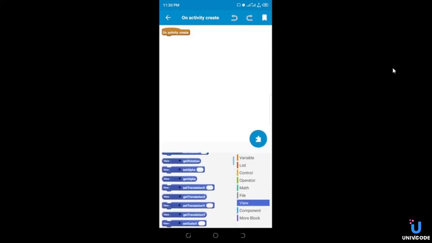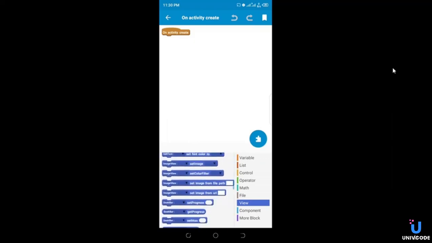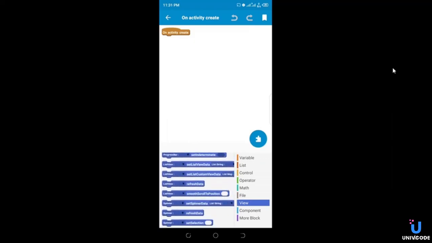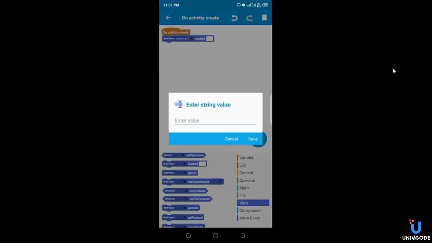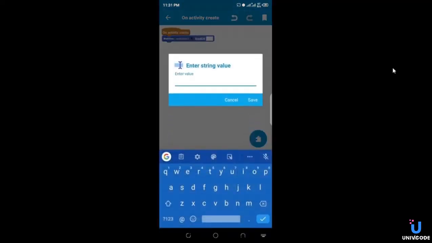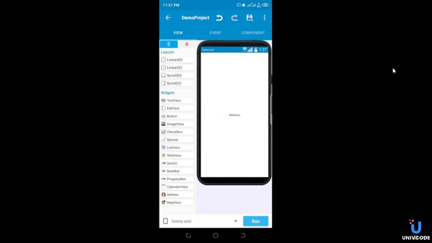So we need to add a website that will get loaded on the activity create, when our web view, sorry, on our web view. So let's say facebook.com, google.com. Okay, let's go with google.com, and then